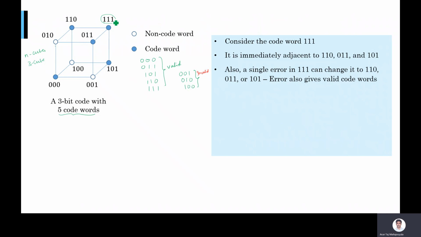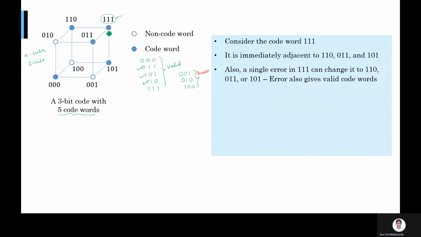If the error is in the LSB, you will receive 110, right? If the error is in the middle bit, then you will receive 101. Okay. So basically, you are getting an error, but you are receiving a valid code word, right? Therefore, this code cannot be used as an error detecting code.